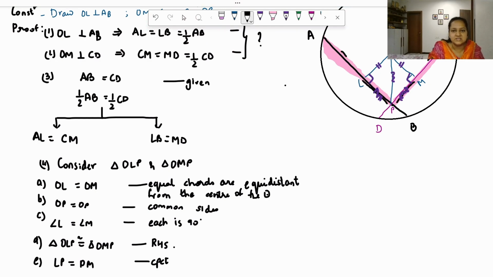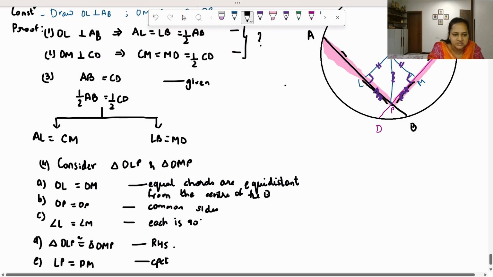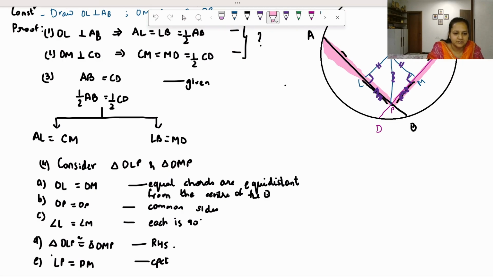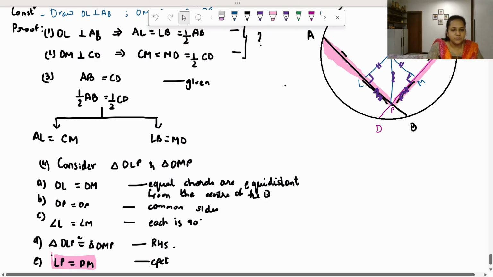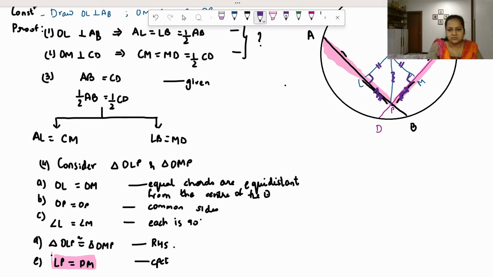Now, why is this property so important? Why is this part so important that we need to prove LP equal to PM? Now, let's look at it again. Let's understand why LP is equal to PM, an important part of this proof. After we prove this, we'll say now consider,